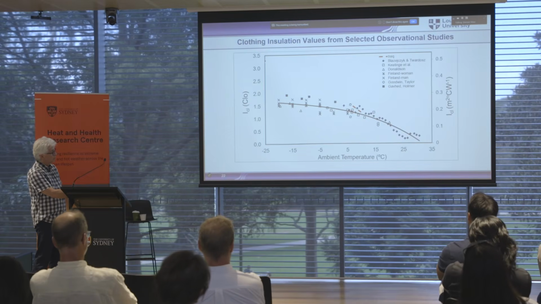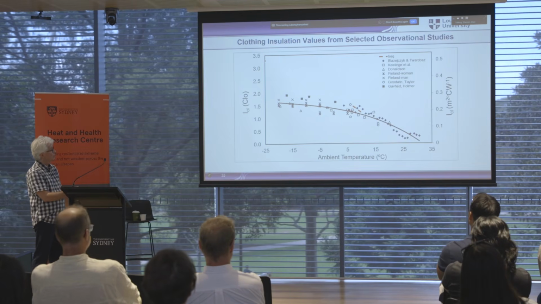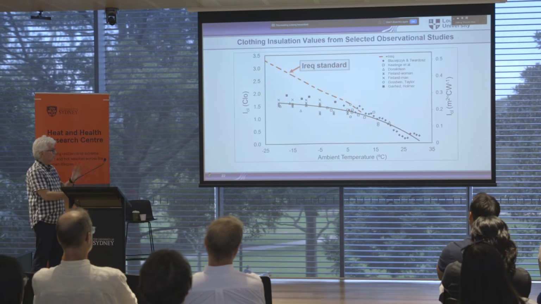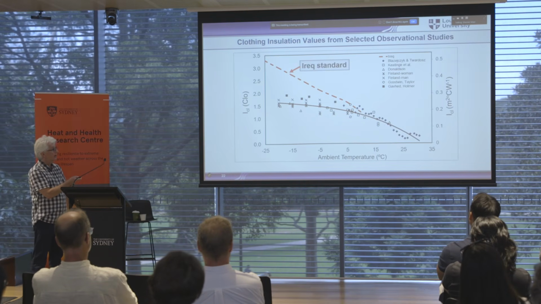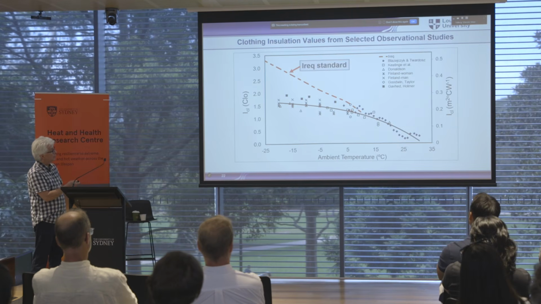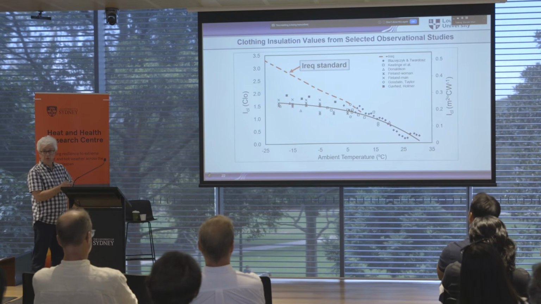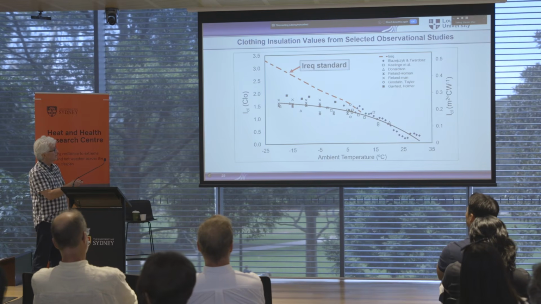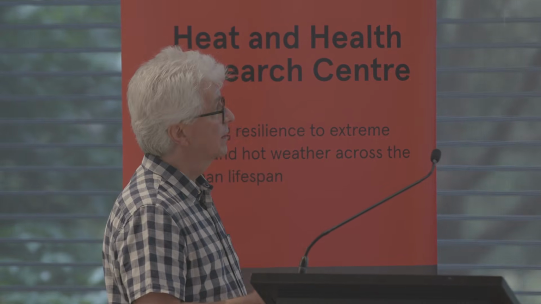So you could represent this with ambient temperature versus the clothing, so that would be this as a model. But there were some complications or issues to think of. There is a required clothing insulation standard, IREQ, and if you use that, that would look like this. That only starts here, I think, at about 5 degrees Celsius, and this would be the required clothing according to that standard. So this suggests that people do not wear enough clothing. So this is a model for people who go out, but they're not going to go out for 2 days. Yeah, they leave their house, go to work, etc. So we looked for up to 2 hours of exposure as an idea.